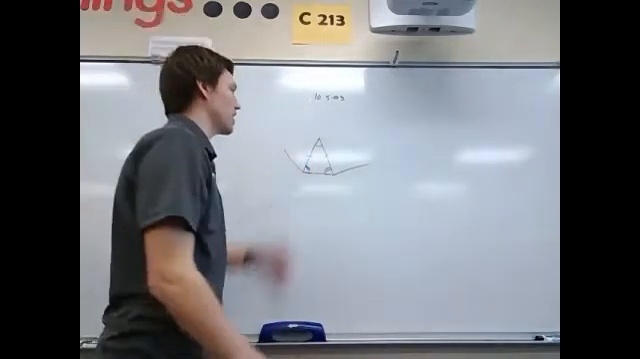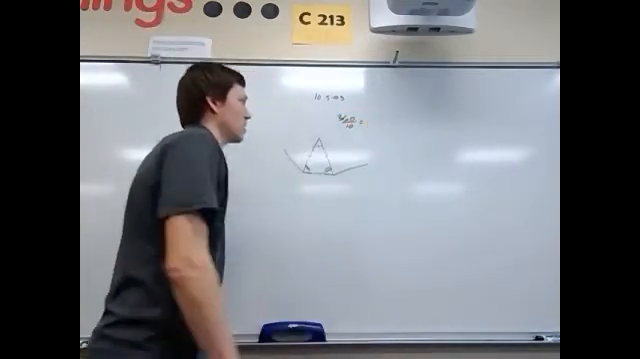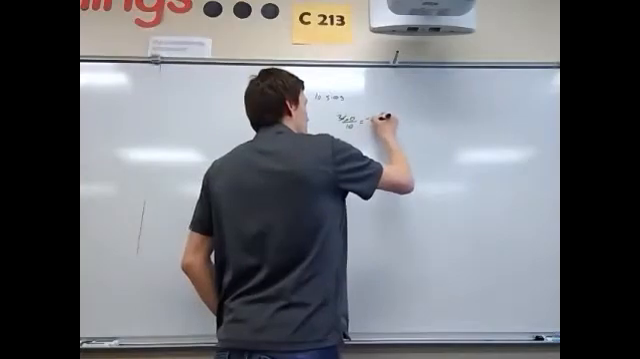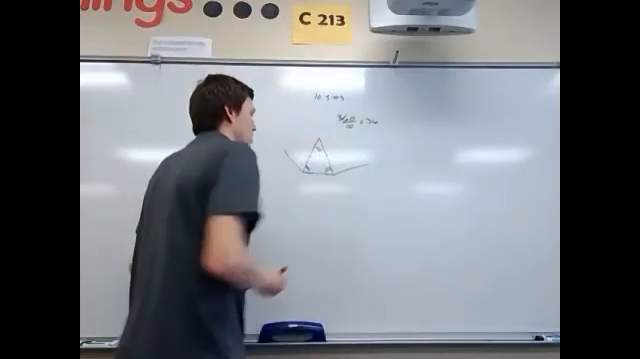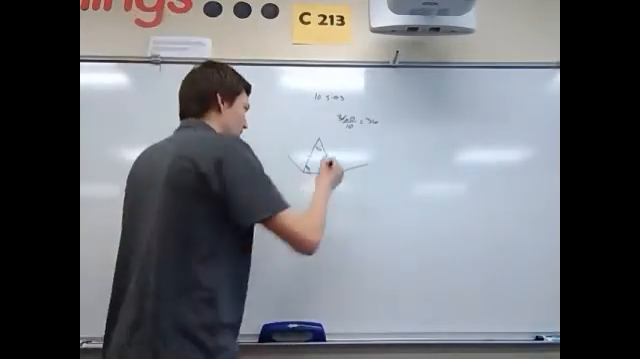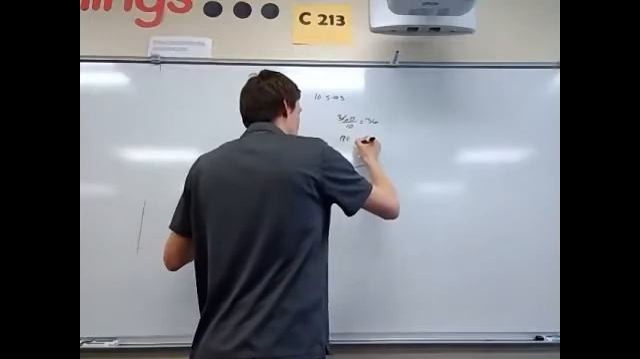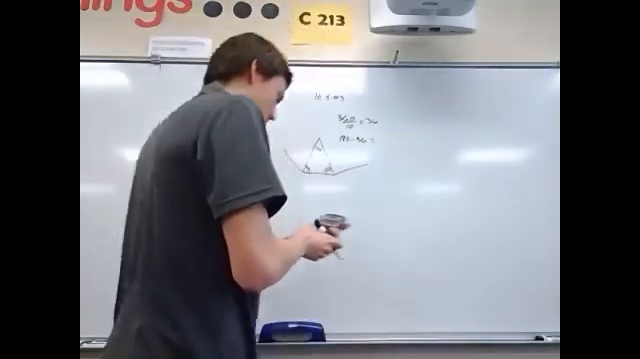So if it's 10-sided, I go 360 divided by 10, which is 36. So that means this is 36. And then to find this, what do all the angles in a triangle add up to? 180. So I go 180 minus 36, which is